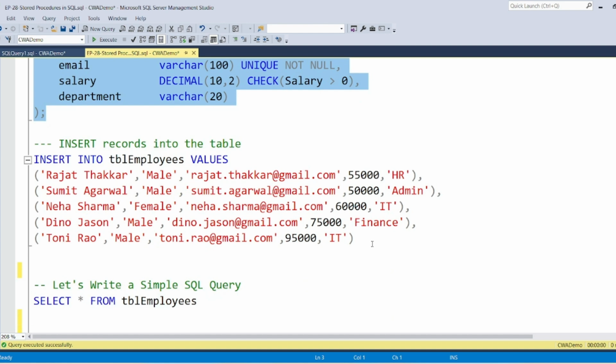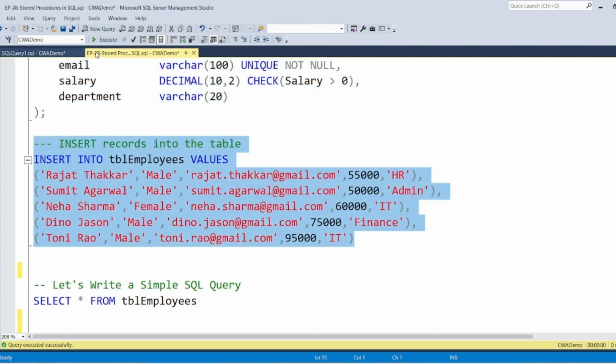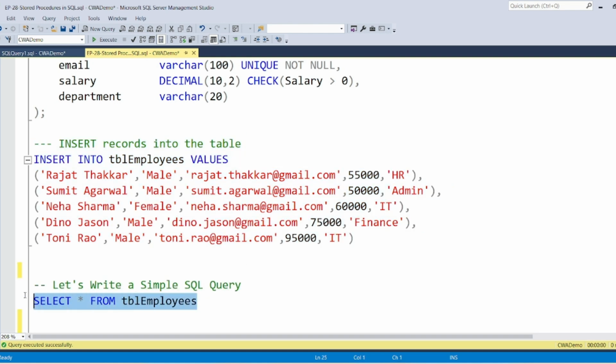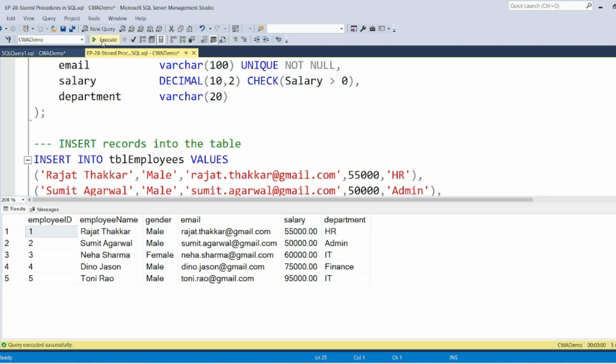Let's go and insert some details into the table. 5 records got inserted. Let's make sure that the records have been inserted. Select query, select star from TVL employees, and we see that this is the data. There are 5 employee details: Rajat Thakkar, Sumit Agarwal, Neha Sharma, Dino Jason, and Tony Rob. They are all belonging to different